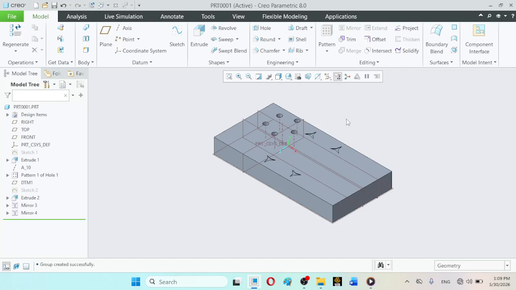So it is not used for the pattern command, it is used for individual features. This is the important learning that you have understood. So that was the application of the pattern command, pattern types and mirror command. In this way all the important 3D commands which are part of the syllabus for this semester have been covered.